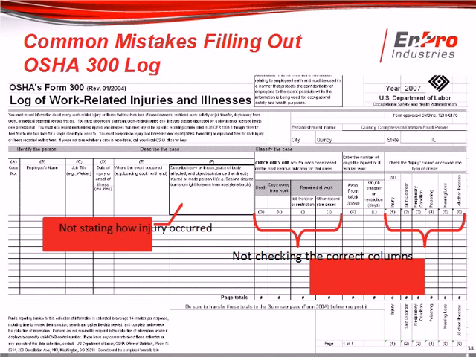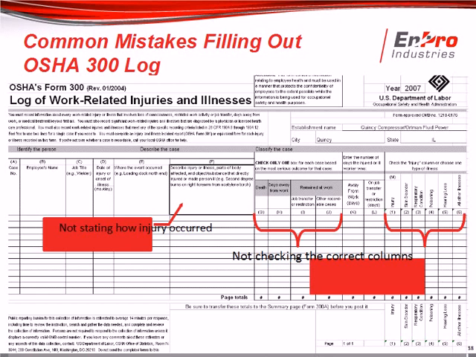If you have an injury, let's say somebody broke a finger, but the doctor also recommended light duty or specific restrictions for work that prevented them from performing one or more of their routine functions, that check should go into the restricted duty box. If somebody slipped and fell and broke their ankle, but they lost 2 weeks of work, that checkbox should go in the days away from work column. If you have an incident that simply required medical treatment beyond first aid, most likely your checkbox is going to go into the other recordables, and you're going to check off the injury column on the right-hand side.